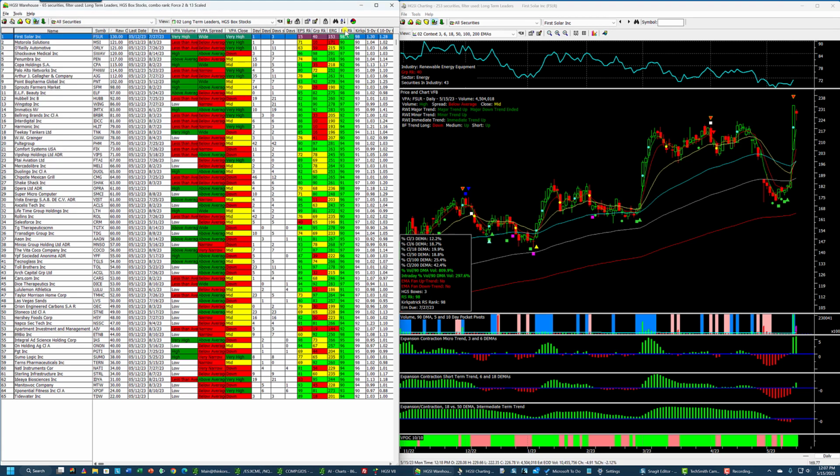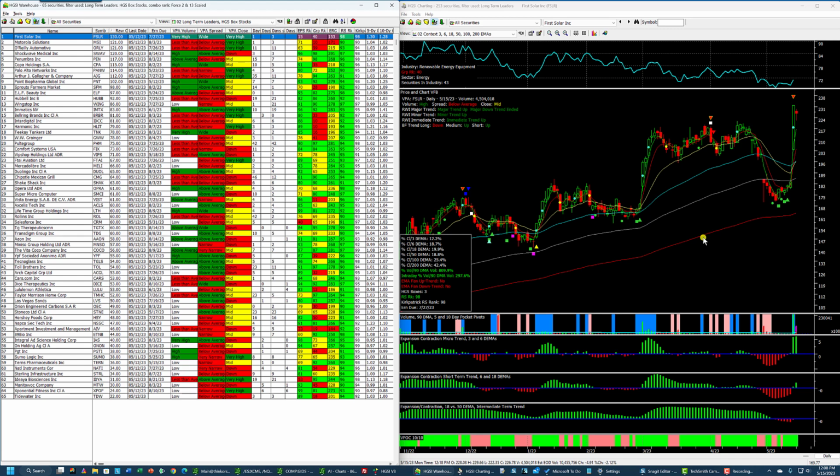Now, if you look down these columns right here, you can see the relative strength rank based upon HGSI, and here's the Kirkpatrick relative strength rank. Now, just because these stocks have high relative strength ranks doesn't mean that they all have fans that are uptrending like this. I see stocks that are still just coming out of downtrends, and it's just the way the calculations work. But there are plenty of good opportunities here, and what I like to do is make sure